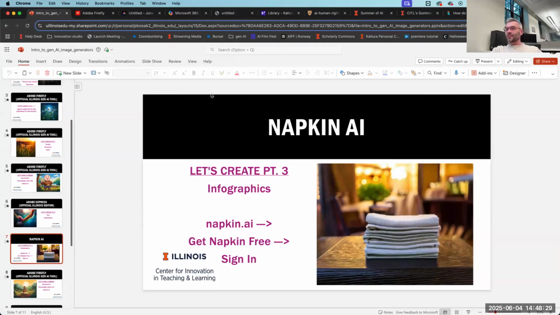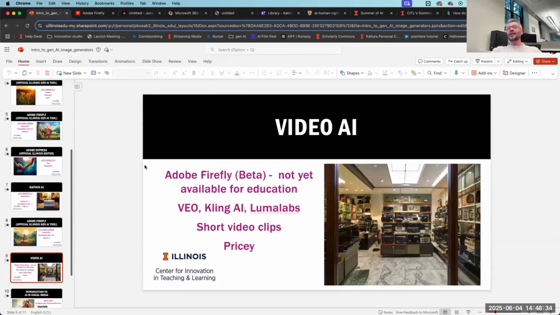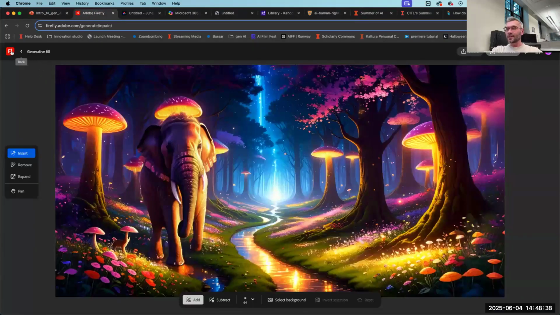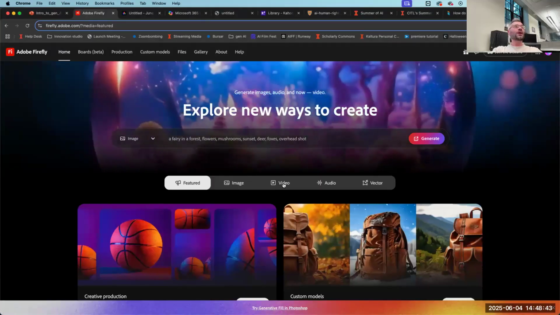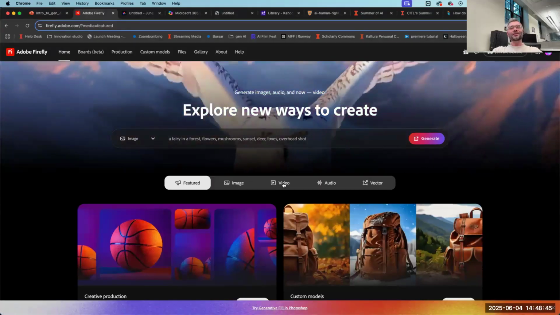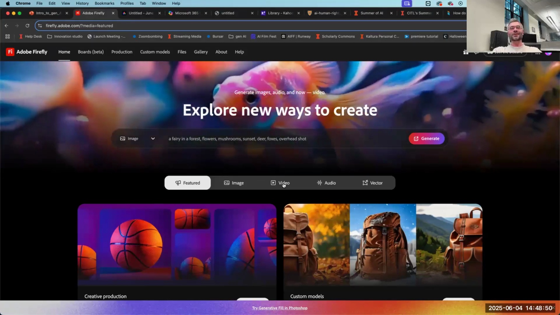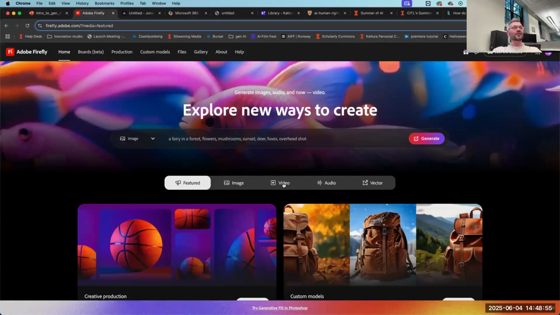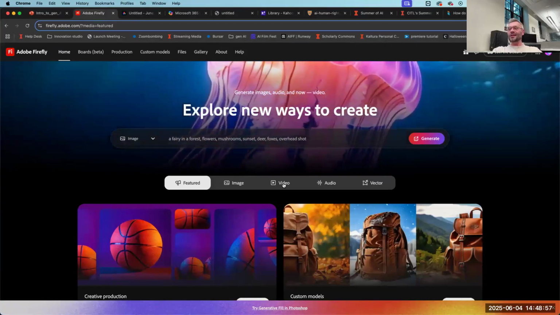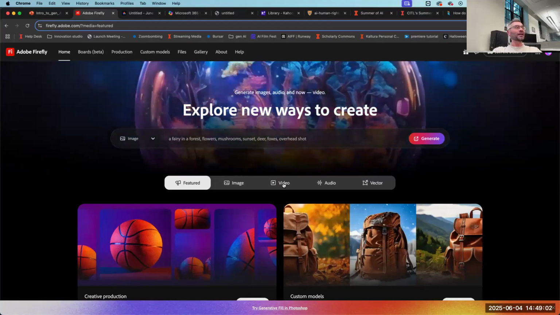Very nice. Okay, two more things I wanted to show you. Video AI: there is a function in Adobe Firefly. If I go back to the main page, in addition to creating images, you can create videos. However, those of us who have accounts that end with an .edu extension cannot do it. For whatever reason, Adobe decided that they're not going to make it available, at least for now,